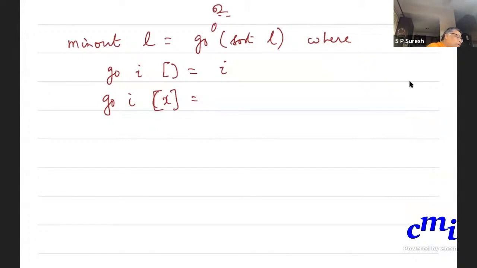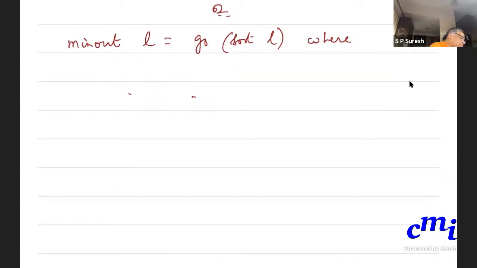You have to do a little bit about the recursions. Okay, let me do a hack.